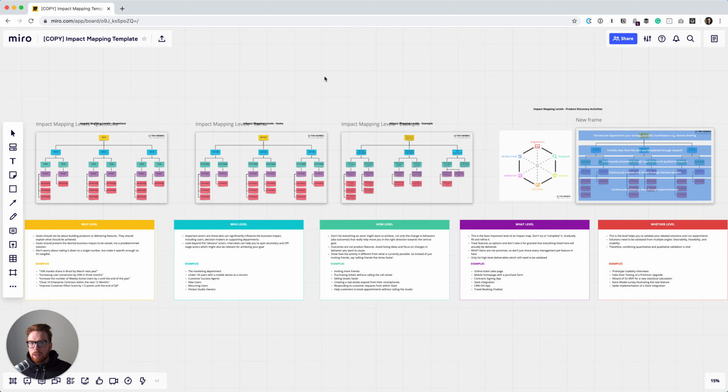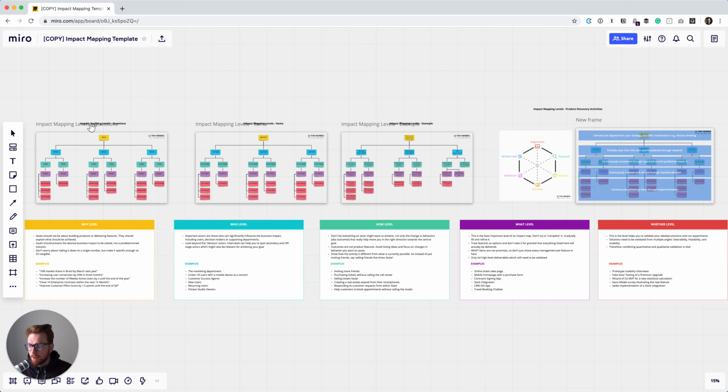Second, you might also want to use impact mapping in a workshop scenario where you really bring everyone from the team and stakeholder environment into one room to assess if what you're currently working on actually helps contribute to the main impact the company wants to achieve. Now, I tried to set up this board in a way that it works for both scenarios. So you can use it on the one hand as a cheat sheet to facilitate an impact mapping workshop, and on the other hand, as the core part to document any kind of product